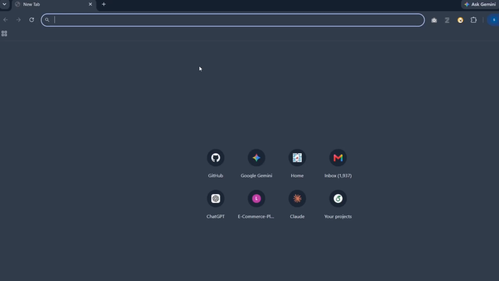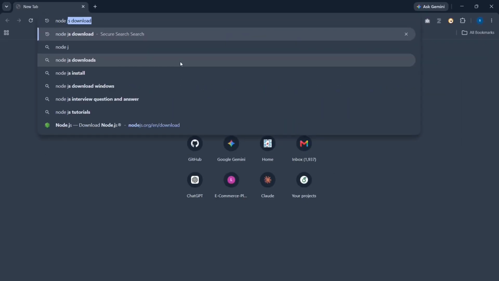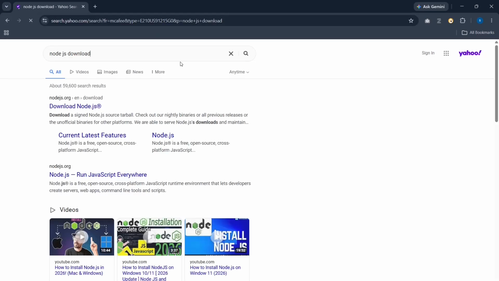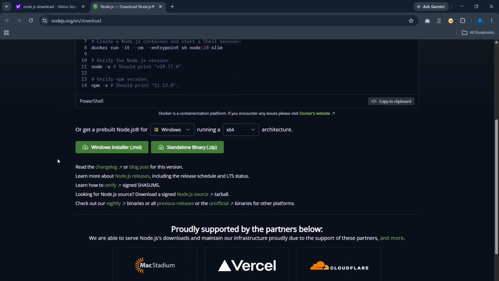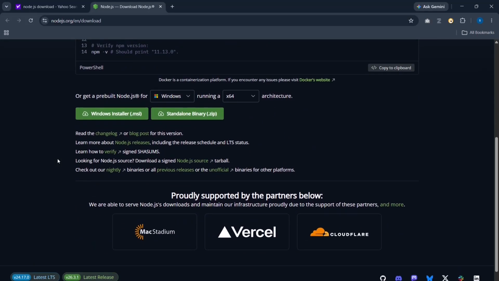So in the search bar type Node.js download and press enter. In the search results you can see the official website, Download Node.js. Simply click on it. Then you will be redirected to this official website, and then scroll to the bottom and find